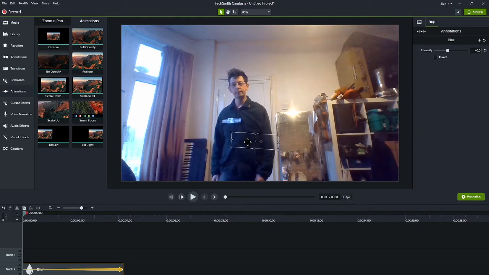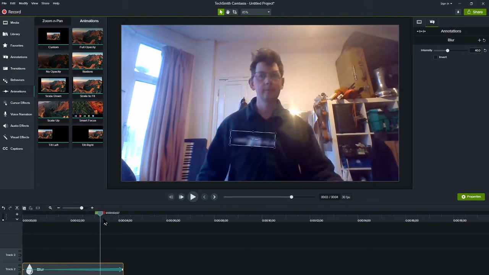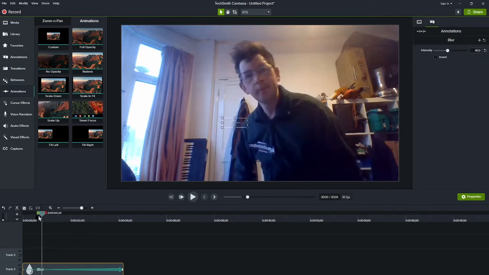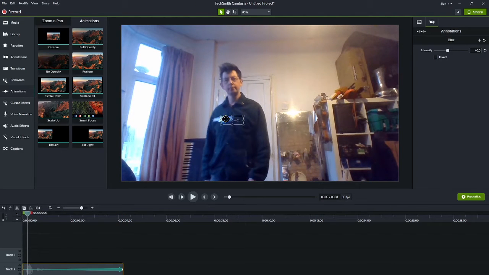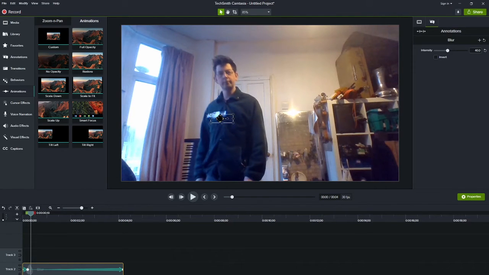Okay, now is the easy but fairly painstaking bit. I'm going to move my box, a blurry box, and drag it so it just covers the bit I want to cover at the beginning. And now you can see it moves from where it was at the end to where it is at the beginning. I just need to move forward a few frames each time and drag this to cover. Not difficult, but just a bit irritating.